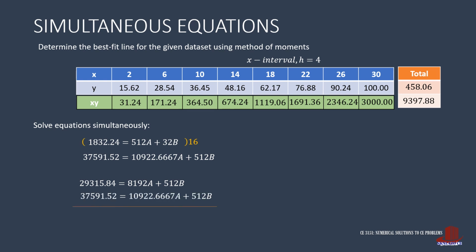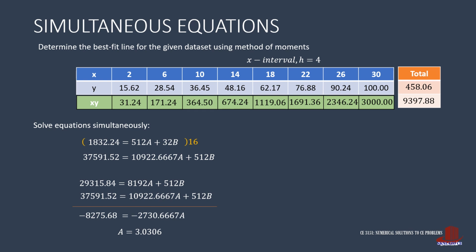Subtract the second equation. Then have negative 8,275.68 on the left. For the terms with a, the simplified coefficient is negative 2,730.6667. Thus a is then